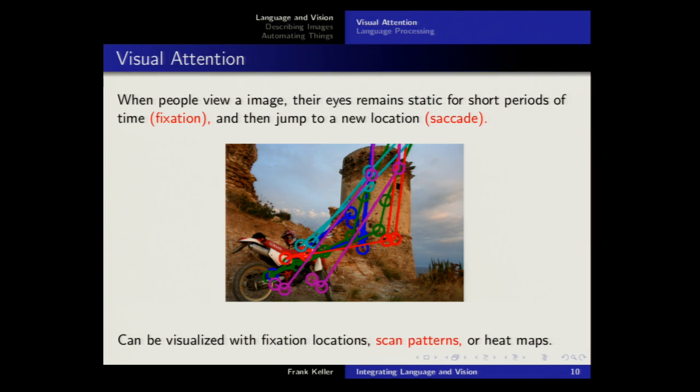And what happens in between fixations? Well, the eye makes little jumps, very short jumps in the order of 20 milliseconds, 50 milliseconds. And so here, if we break this down into saccades and fixations, the lines are the saccades, and the fixations here are the dots. And we can see each participant follows what's called a scan pattern. They start here outside the image, and then they enter the image, make a fixation, make another one, and then a few more fixations. In this case, the purple participant went back, the red participant went back and forth here, and then landed here on the motorcycle. In this particular experiment, the task was to find the motorcycle, so most of the scan patterns will end on